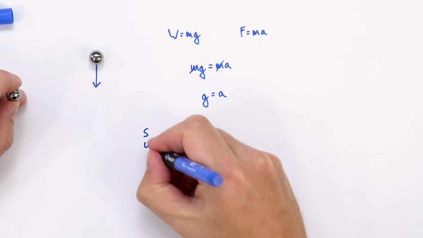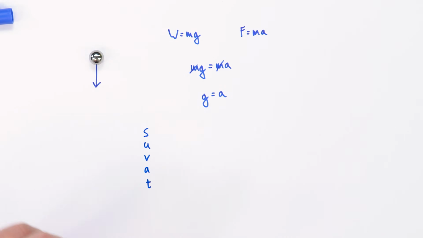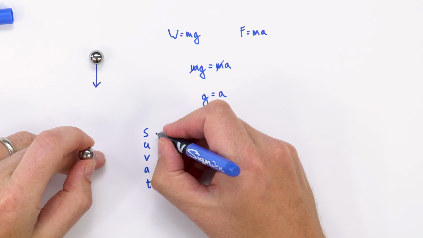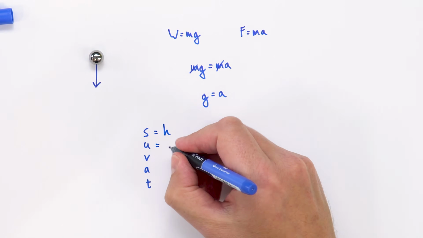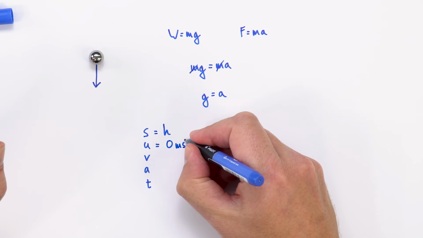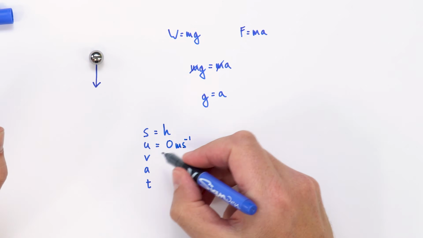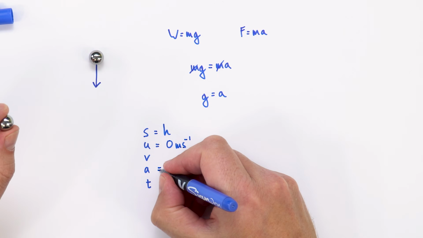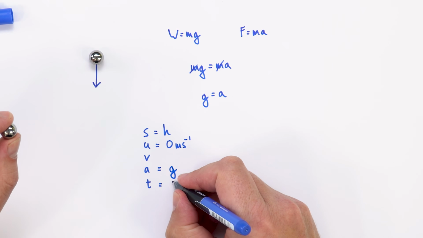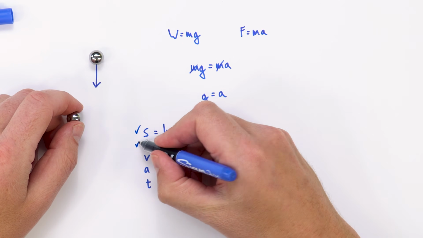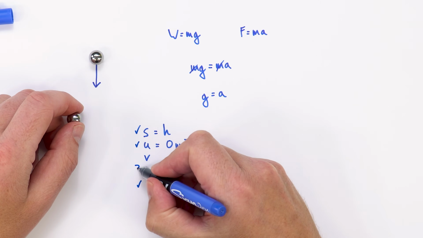So let's just think about S, U, V, A and T. Now, we could measure the height or the displacement that an object moves through, so we know the value of this. We also can release it from rest, and that means the initial velocity is going to be 0 meters per second. We don't need to worry about the final velocity because what we're trying to find is the acceleration, which is g. And of course, we can also work out the time period by recording it using a stopwatch or a digital timer. So basically, we know S, we know U, we know T, and we're trying to find